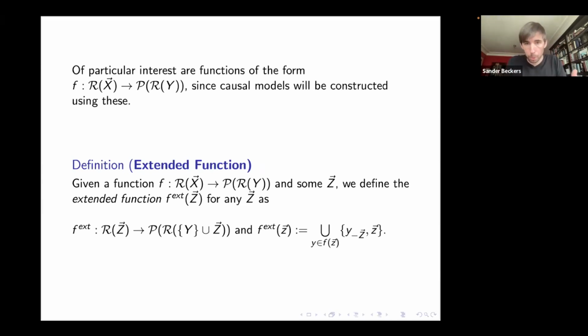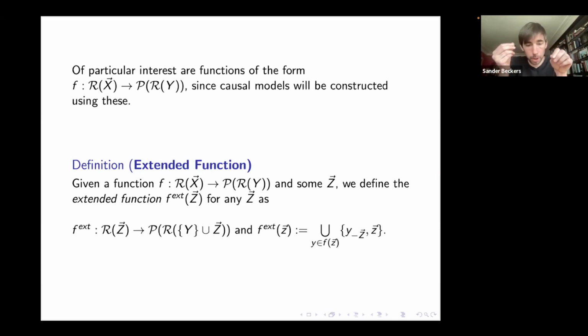So we are using our generalized function idea. We have our function f, but we can interpret it over any domain we want. And what is the extended function? Well, what we do is we look at the output that we get. So y might be one of the outputs, and then we just add it to z so that we don't lose z either. So it'll return both our input and the output.